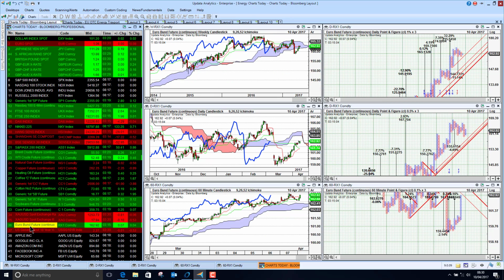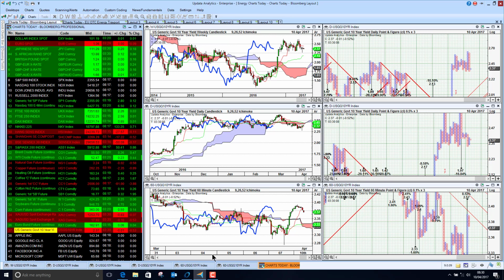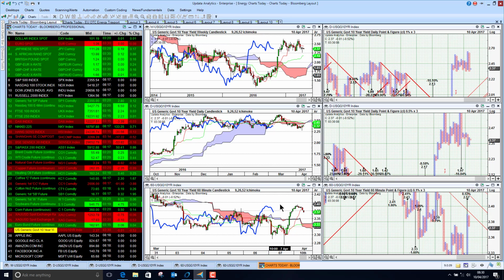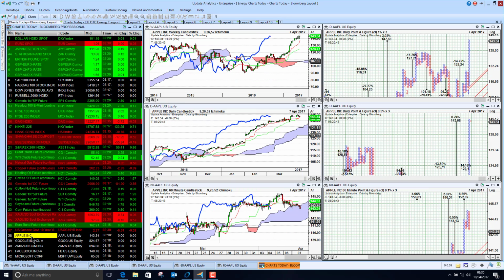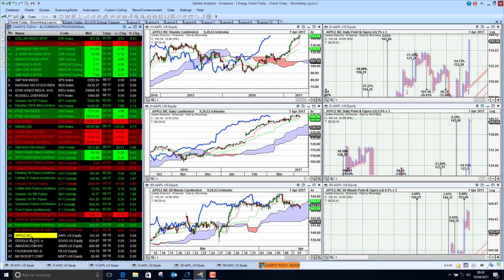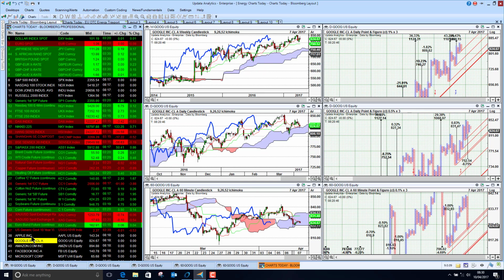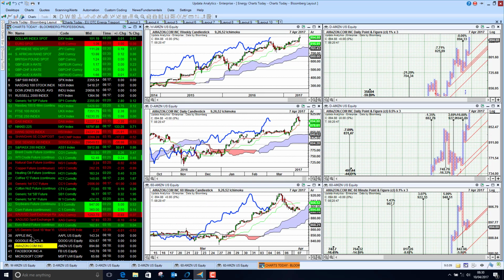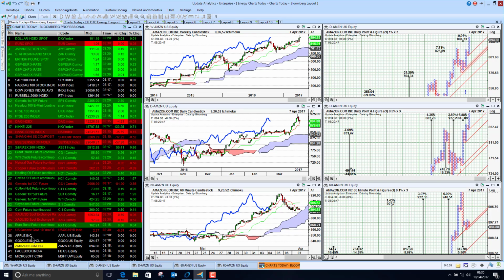The Bund is still running higher, which is negative for yields, of course. The US Treasury yield did jump back into the 230s, back into positive territory on the 10-year. And then looking at tech stocks, Apple just selling off a bit on Friday. Google as well, just selling off, but holding on to its bullish position. Amazon has had an amazing run over the last couple of weeks, so just selling off as well, but still